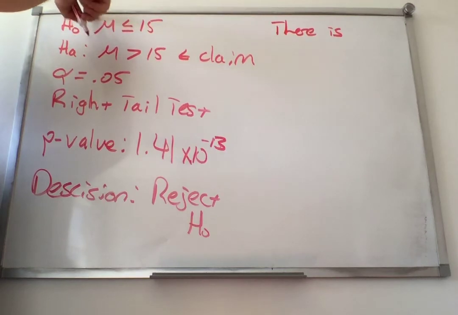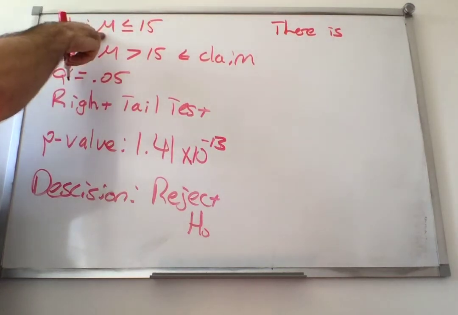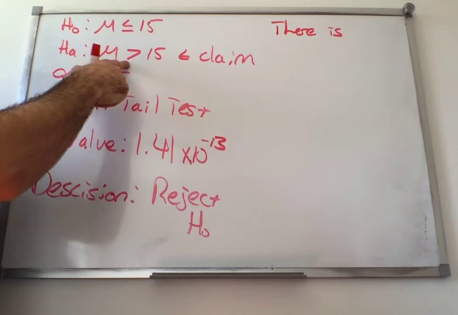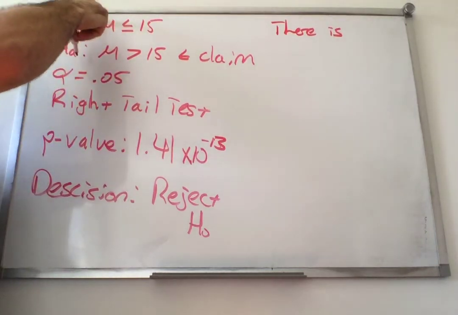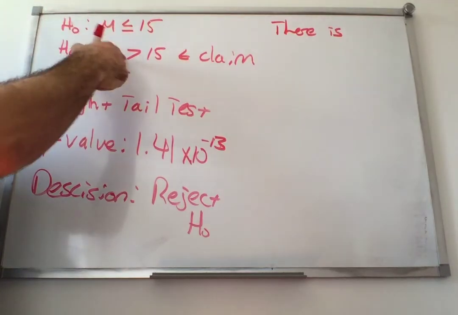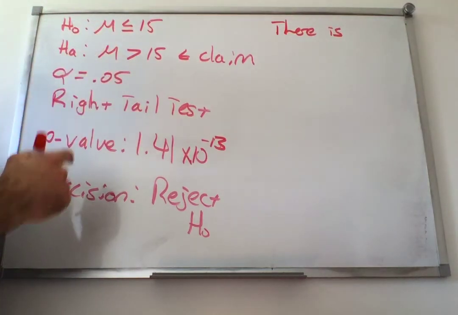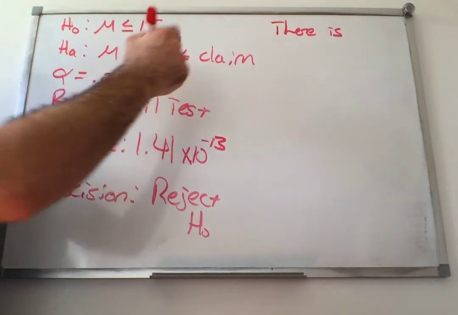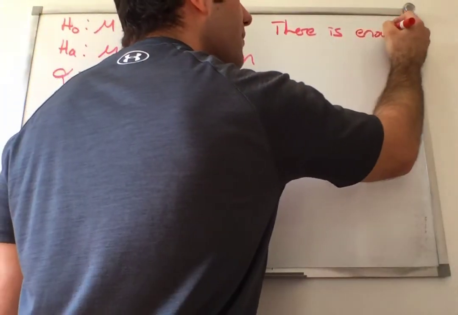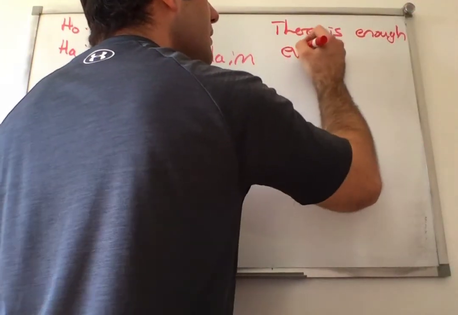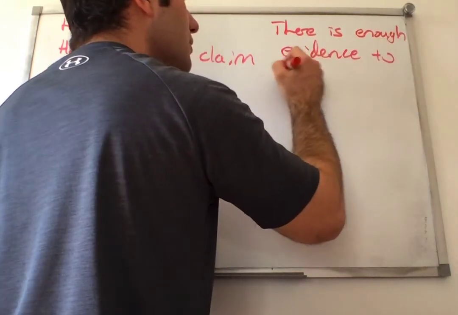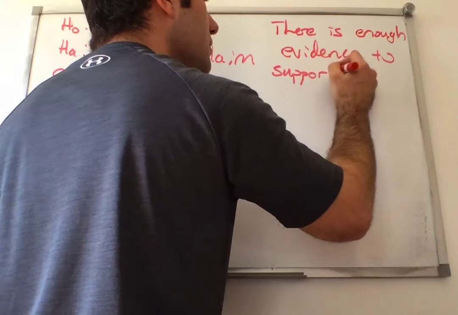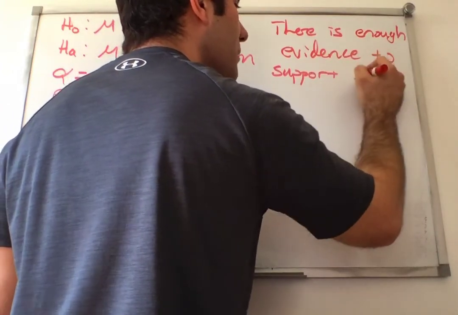We reject this one, meaning since we rejected this one, don't we have evidence that supports our claim here? Now, if we do not reject this, we wouldn't have enough evidence to support our claim. But we did reject this, so there is enough evidence to support the claim